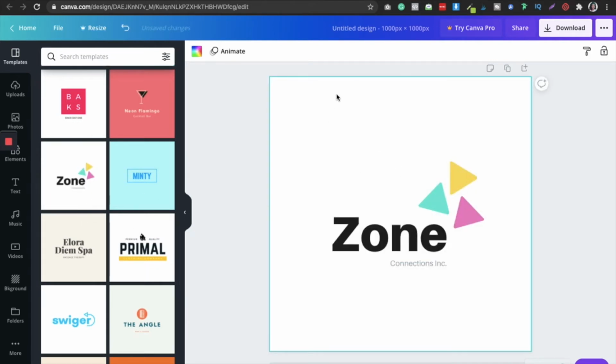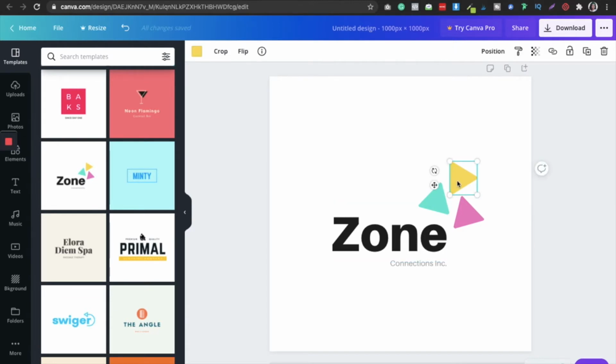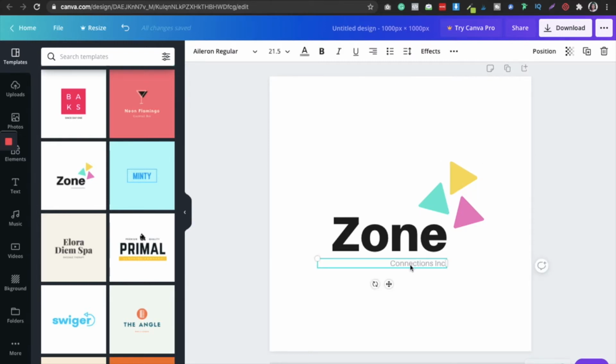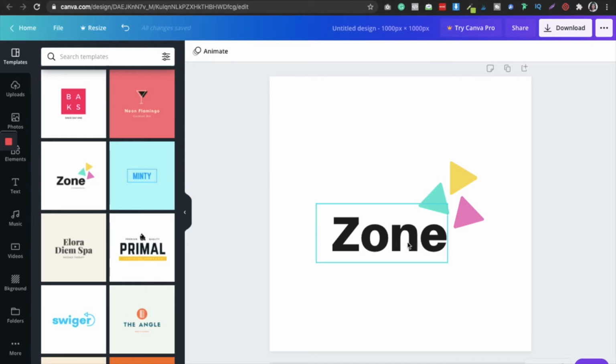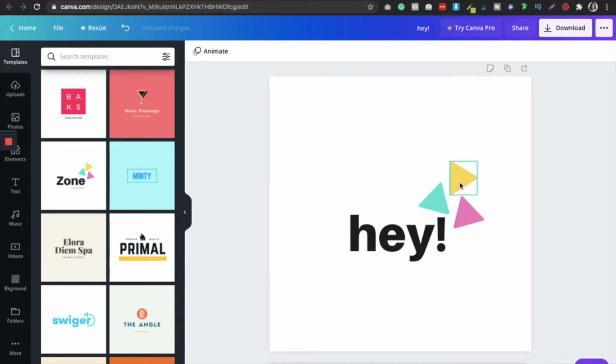Canva offers a whole lot of features. If I click here, I can change the text font, I can change the colors. If it is yellow, I can change it to red, blue, whatever color I want. I don't want this, so I can simply select it and hit the delete key on my keyboard, and I want to change the letter from John to hello or hey, something like that. So this is my GIF and I want to make it.